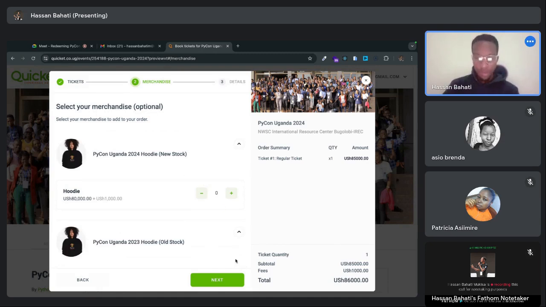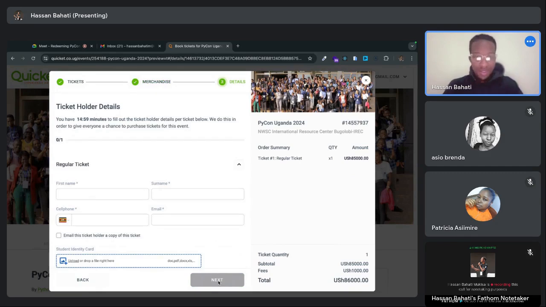So you could proceed if this is the normal route where you're supposed to pay. So at this other page, you're supposed to add your contact details. So I'll just go ahead and add a few of mine. Then I'll also try to add a phone number, then the email. So basically, the whole importance of you adding an email is where your ticket will be emailed in case you opt for that. So I'll just go ahead and add my email,